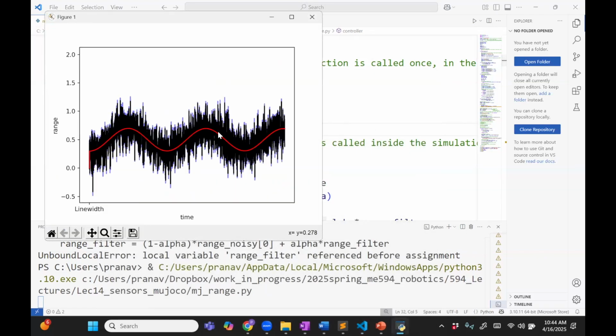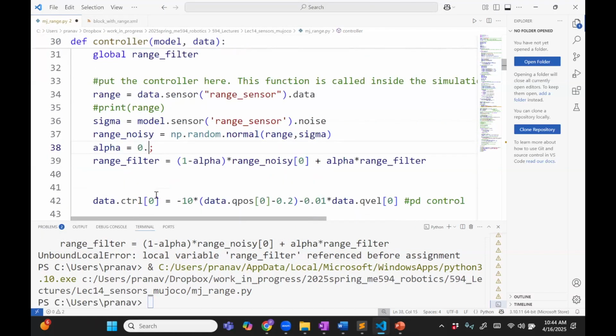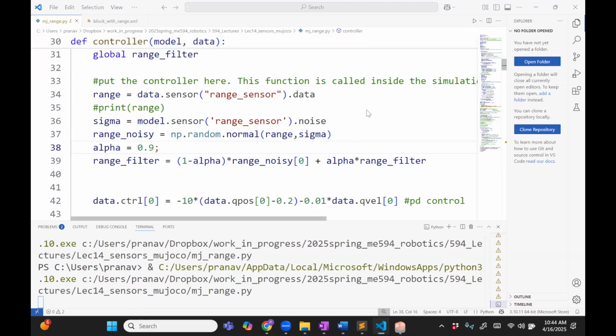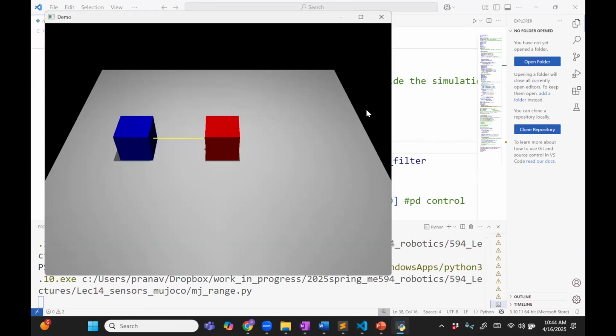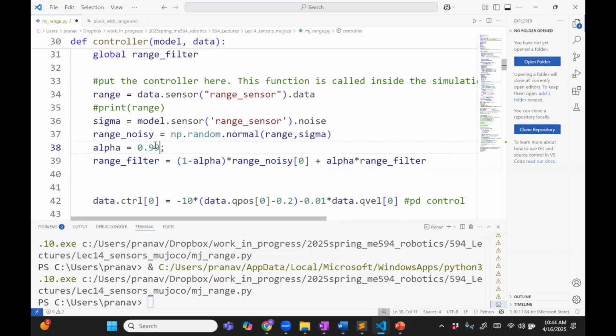Okay, so it's really a mess. So the black and the blue are on top of each other. So it's not really filtered here, but we can control this value. I think a 0.9 would make a huge difference. So that is like almost not filtered, but here you see that the black now is more in line with the red. Okay, now if you increase this value to 0.99,